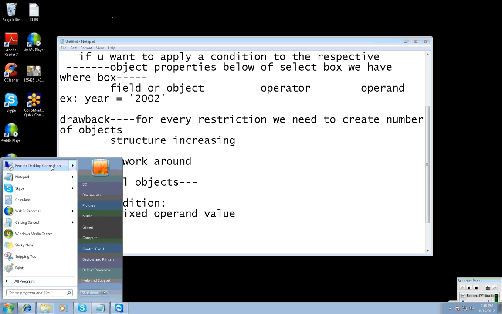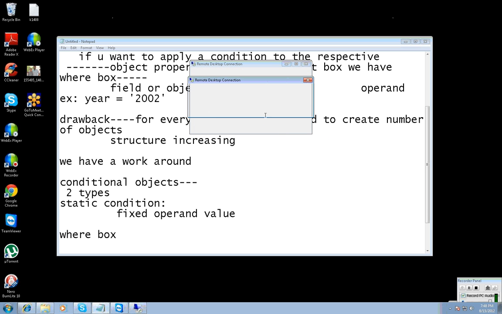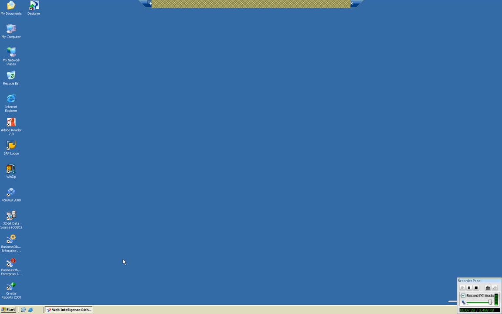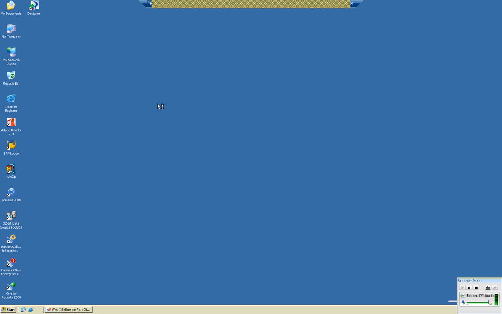Vani. Hello, Vani. Yes, I will connect the server. One second, I will connect and give it to you. Please go to the start menu. Please use Designer. Give the universe name. Here we have a password.